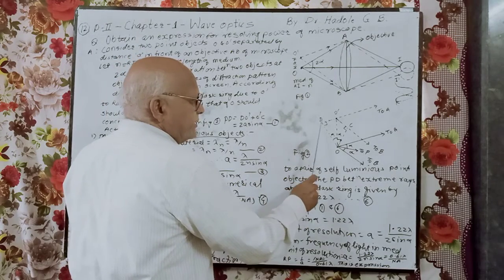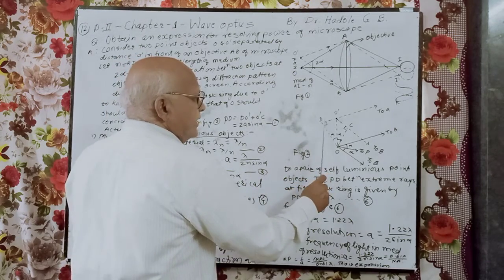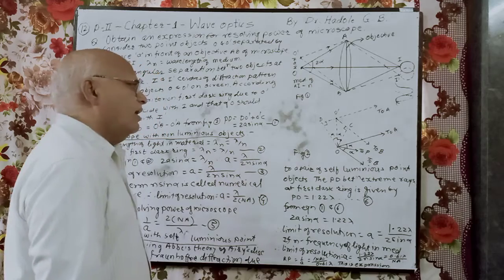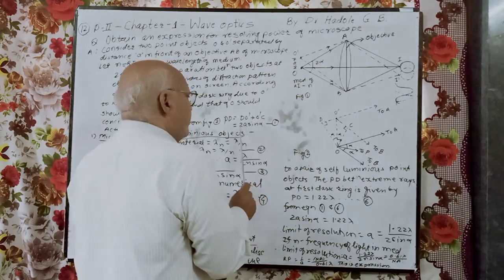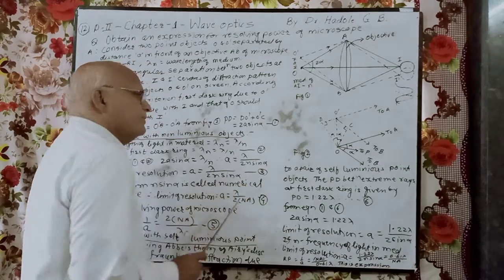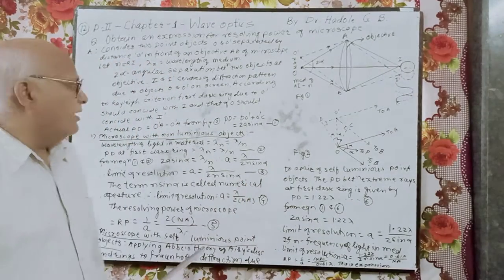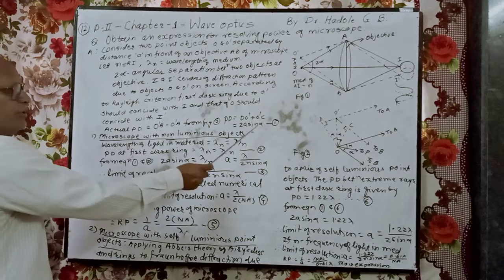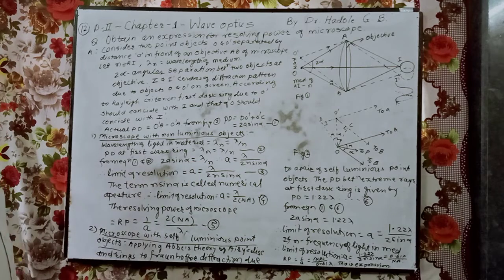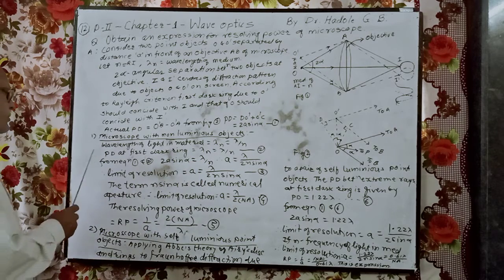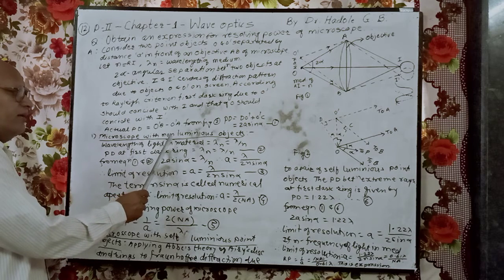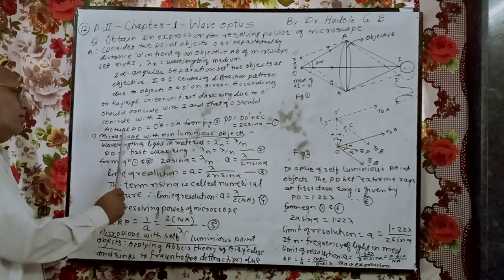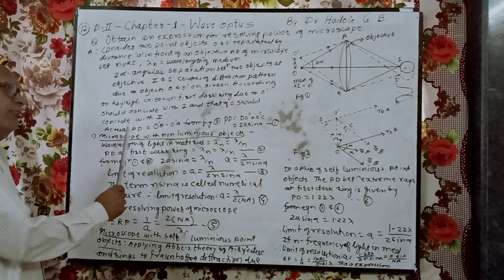This side it is A, and therefore this side it becomes A sin alpha. O dash C, it is again A sin alpha, and therefore this path difference is twice A sin alpha. Suppose this is equation 1. Now we are proceeding to the condition that when the microscope is illuminated, we are going to see